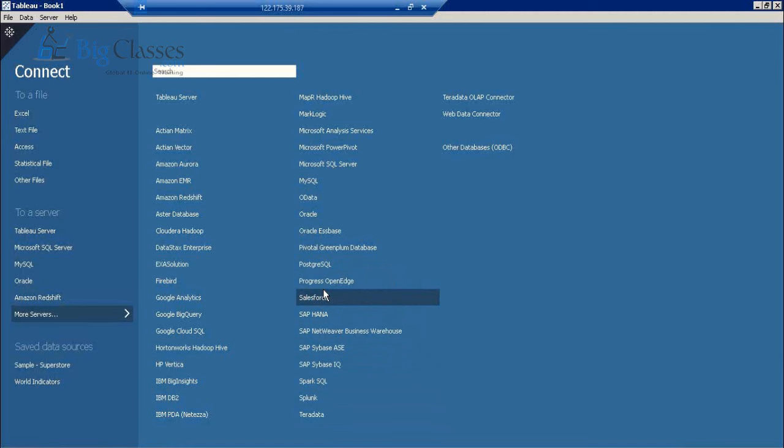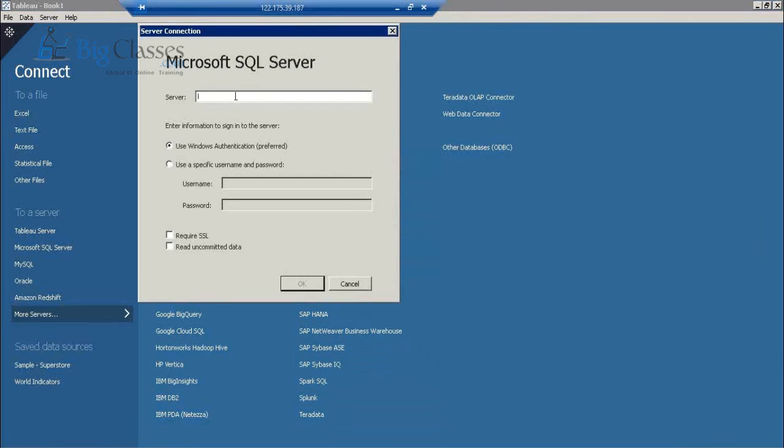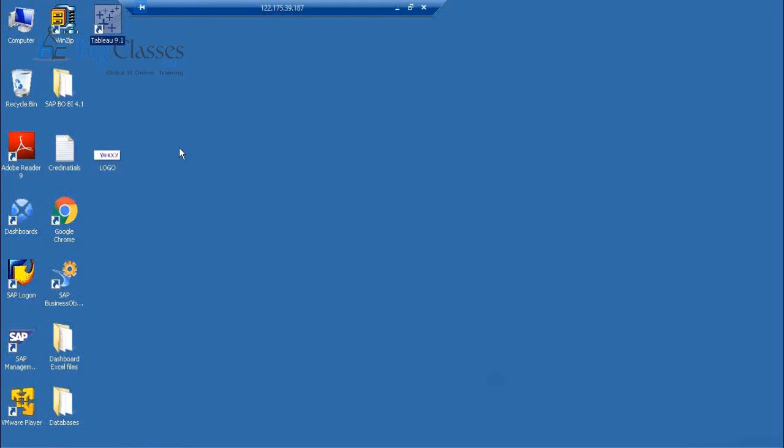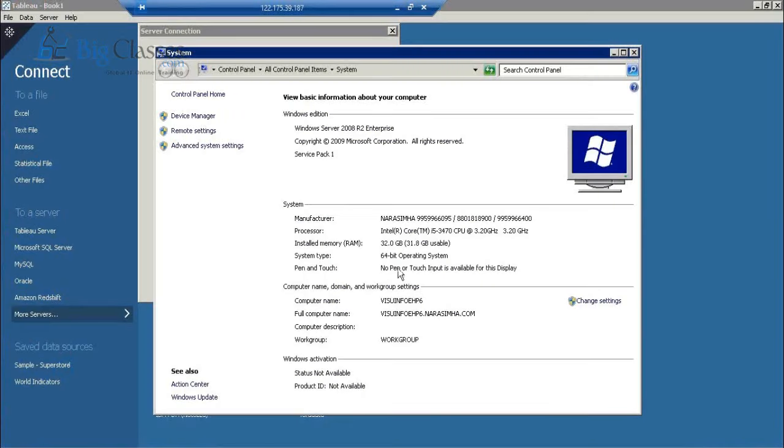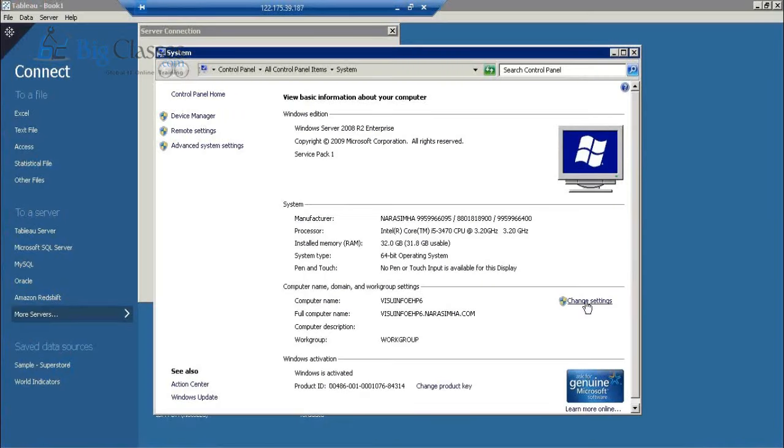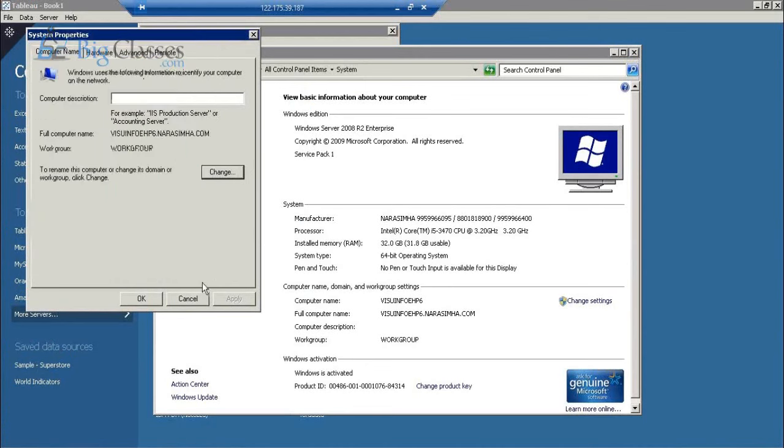Now let me show you how to interact with a respective source, SQL Server. I am going to take an example of SQL Server. If that is the case, you need to have a server first, that is the respective server name of your database.